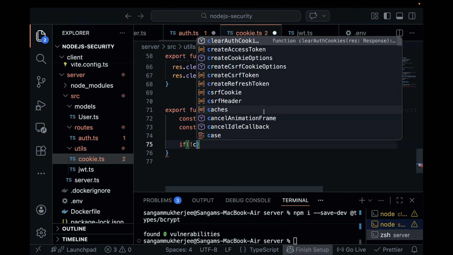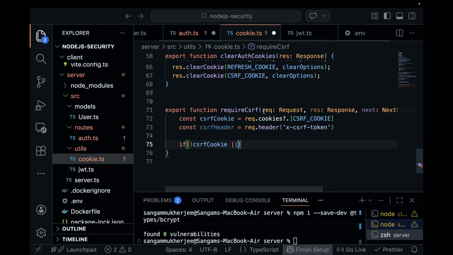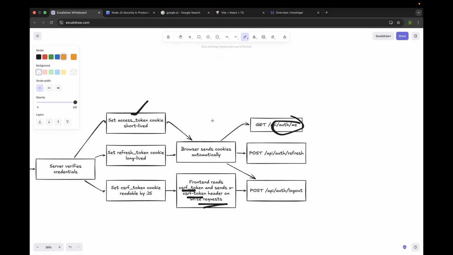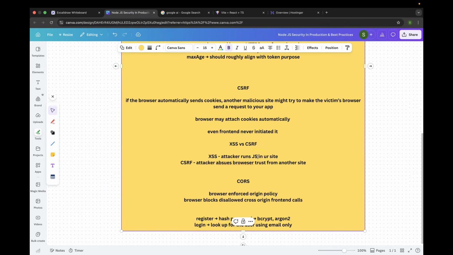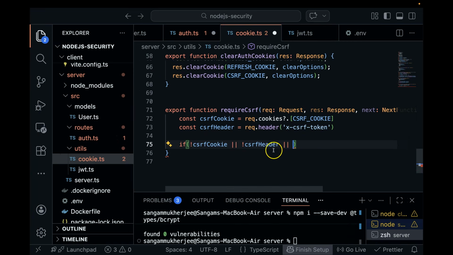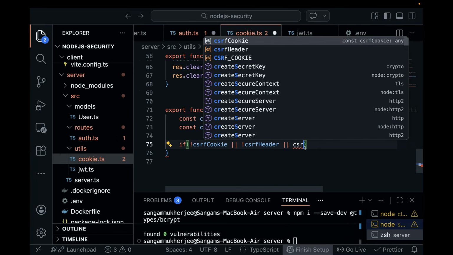So now, if the CSRF cookie or this CSRF header is not present, or if there is not a match, I already mentioned, right? Let's see where I mentioned that part. I think I mentioned it in some places, maybe I explained it but didn't write it. So I mentioned that we are going to verify both, that cookie that we have stored and the one that we are going to send. If there is no match, in that case we are going to return invalid CSRF token. So I'm just going to do if the CSRF cookie not equals CSRF header,